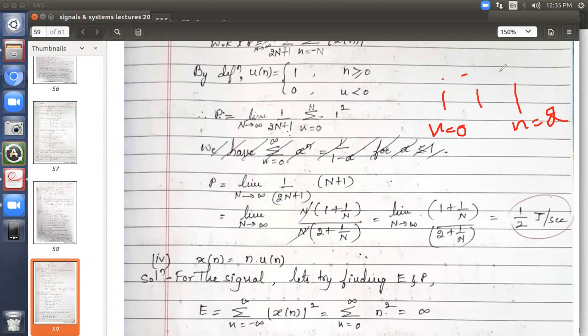Totally 1, 2, 3, 3 samples. If I take one more, say n is equal to 4. So totally how many samples? Sorry, n is equal to 3, 0 to 3, 4 samples. If I take one more like that, say 0, 1, 2, 3, 4, between 0 to 4, how many samples did I get? 5 samples, the maximum number plus 1.